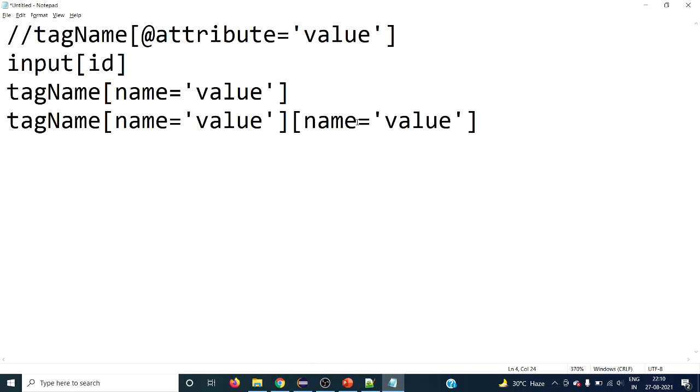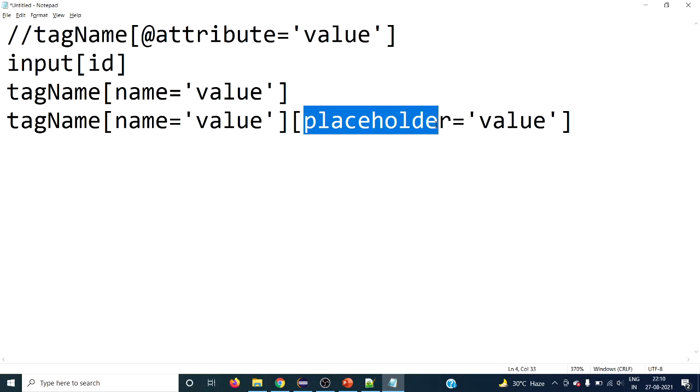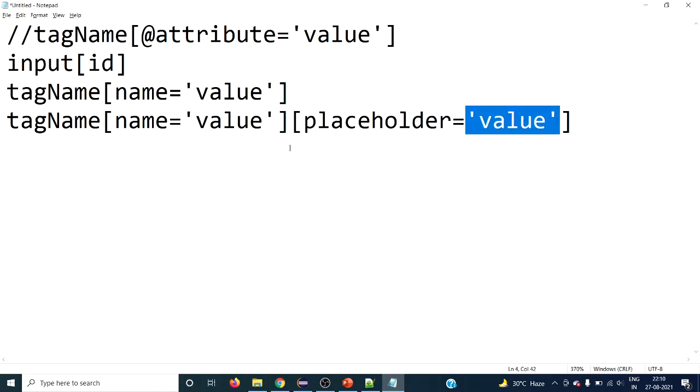This will select two different attributes of the same HTML element. So this input tag has the name attribute with this value and the placeholder attribute with this value. We are going to see this with the demo.